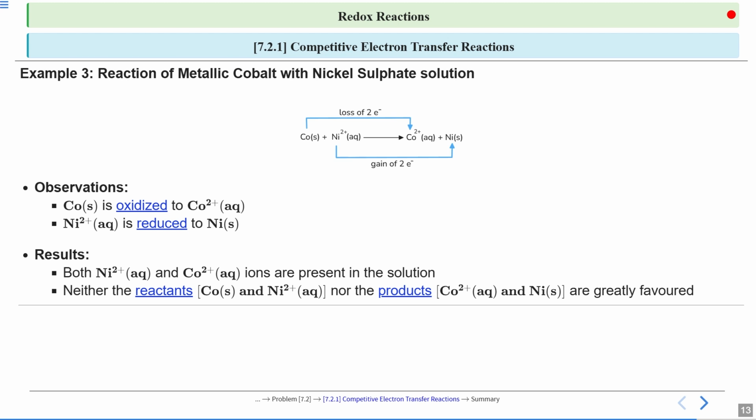In which one the species get oxidized and which one gets reduced. So we have concluded over here that zinc releases electrons to copper. In the first case, zinc releases electrons to the copper, while in the second example, copper releases electrons to silver. And therefore, the electron releasing tendency of the metals is in the decreasing order of zinc, then copper, and then silver. That means zinc has the highest tendency, then the copper, and then the silver.